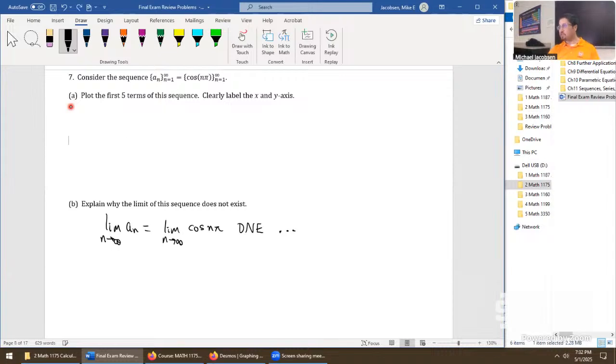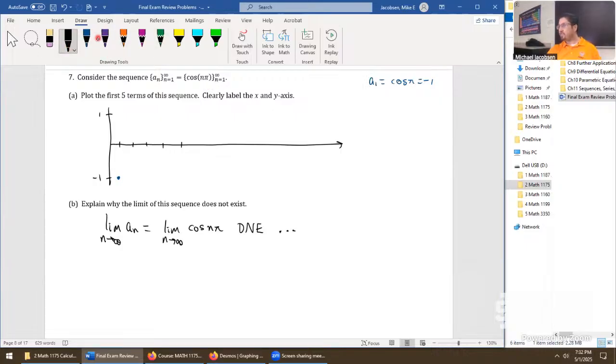Plotting the first 5 terms of the sequence is a plot that's really focusing on quadrants 1 and 4, since we're going to begin at n equals 1. So here are the values 1, 2, 3, 4, 5. As far as cosine pi goes, it's going to be between positive 1 and negative 1. And now we're just plotting values. Throw in the index 1, and a1 is cosine pi. But cosine pi itself is down at negative 1. And that gets our first term of the sequence plotted on the axis.